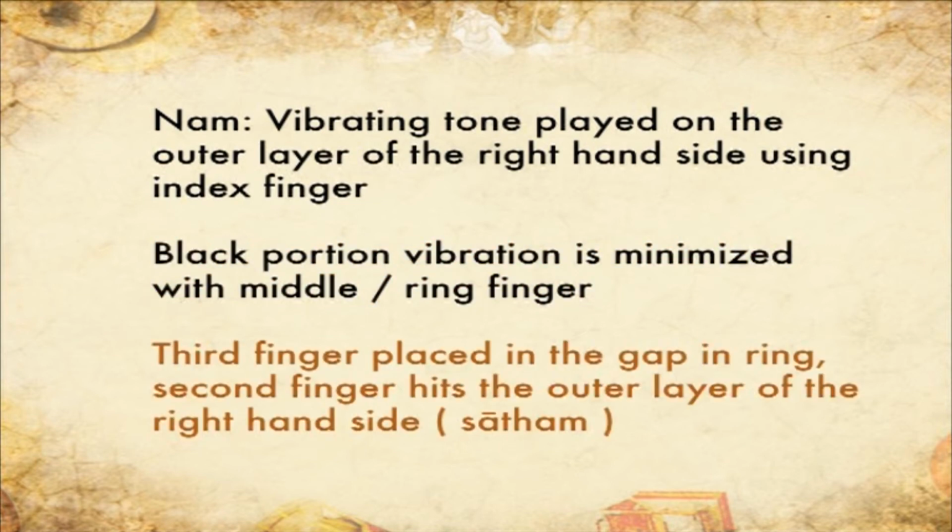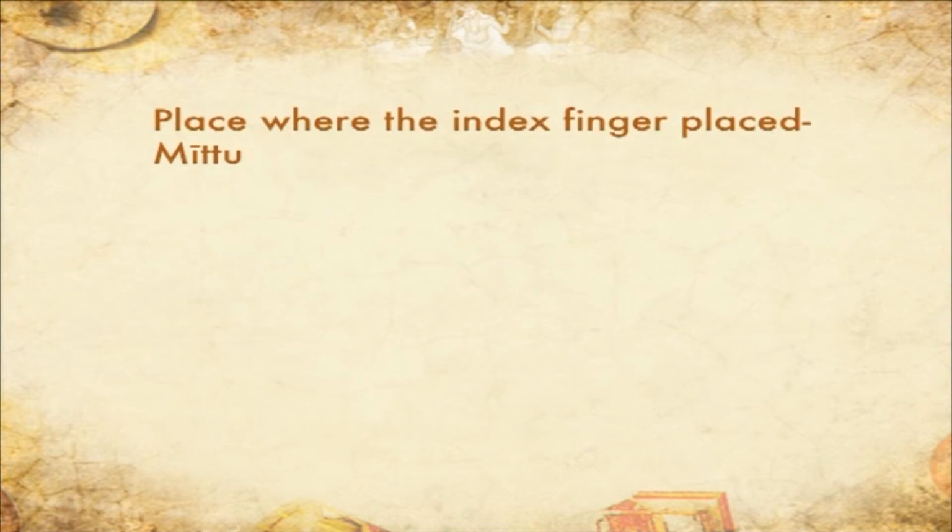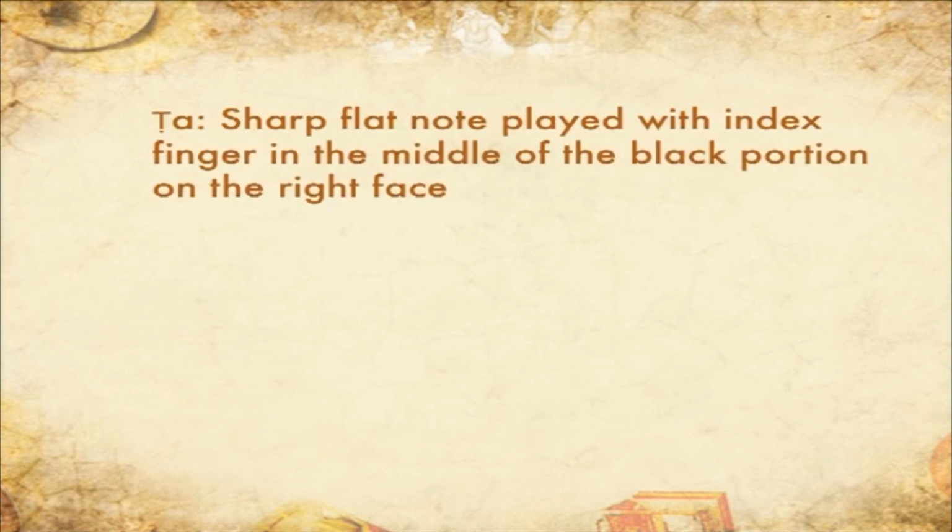Place the third finger in the gap in the ring and the second finger hits the outer layer of the right hand side of the mridangam called sadam. The place where the index finger is placed is called meet. Ta, a sharp flat note played with the index finger in the middle of the black portion on the right